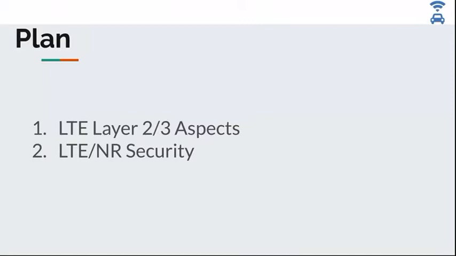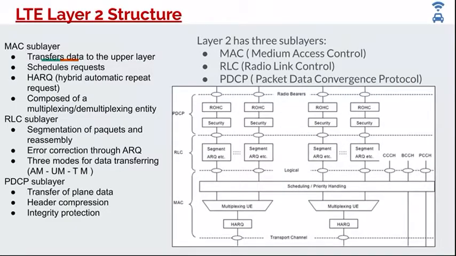This presentation will tackle the following points: both LTE layers 2 and 3, as well as security in LTE, regarding V2Everything technology. We'll start first with the layer 2 structure. This layer comes right after the physical one and it consists of 3 sublayers, which are MAC, medium access control,